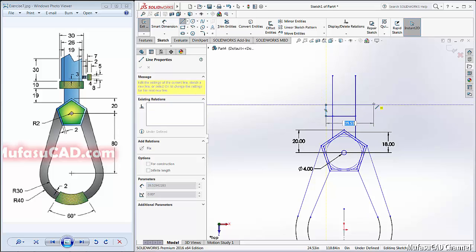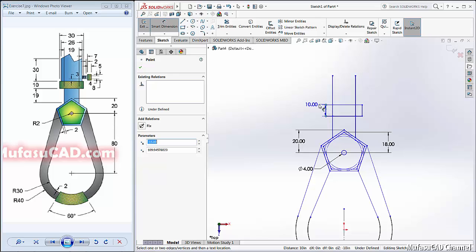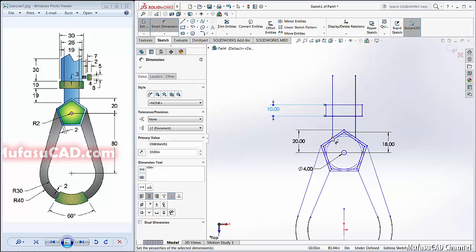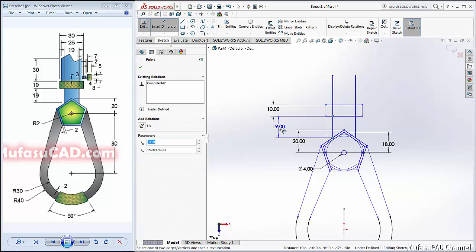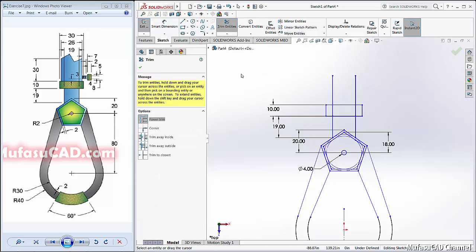Okay, in here about 30, 10, and here to finish. Next, give the distance here about 10. Okay, and in here about 19. Okay, use the trim entities to cut this line, and in here.